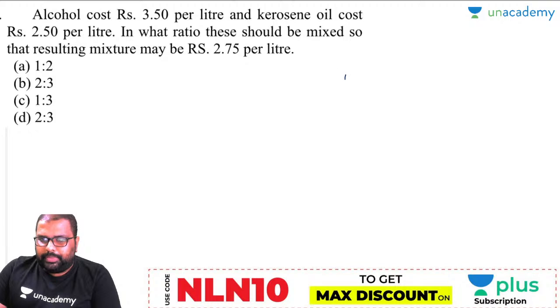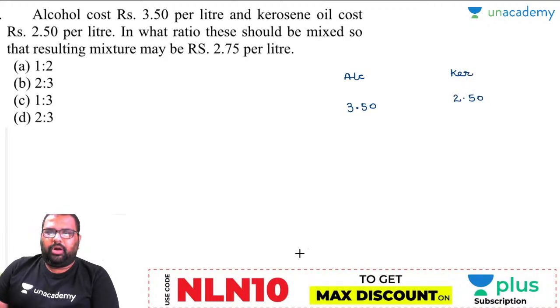Alcohol costs rupees 3.50 per liter. I'll take this as alcohol. Alcohol will cost you rupees 3.50 per liter. It is very cheap, right? Now, kerosene will cost you 2.50 per liter. In what ratio these should be mixed so that the resulting mix